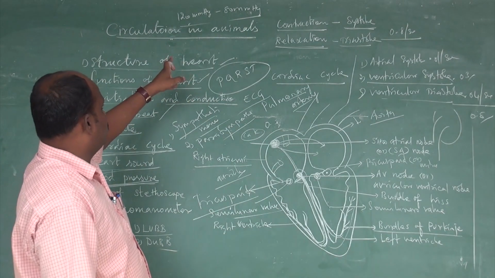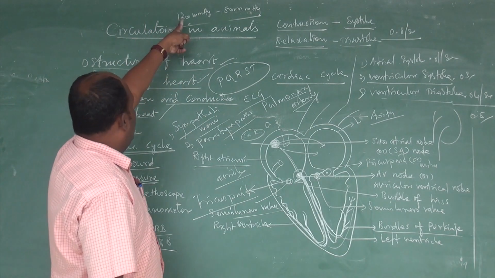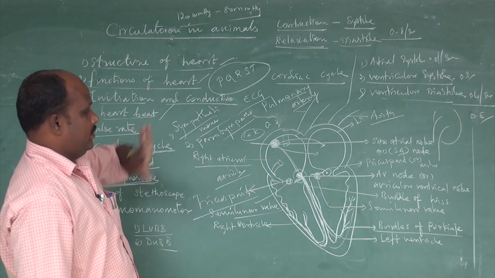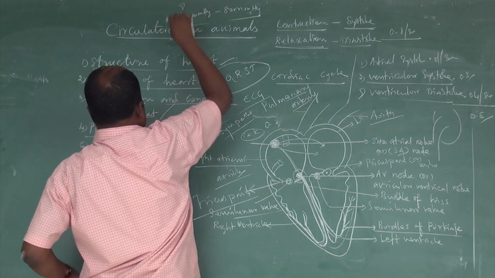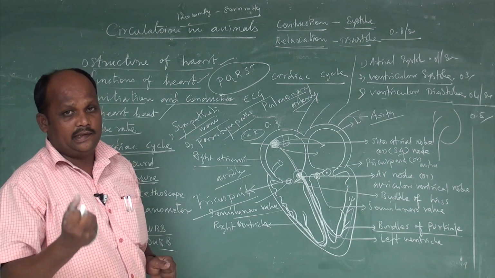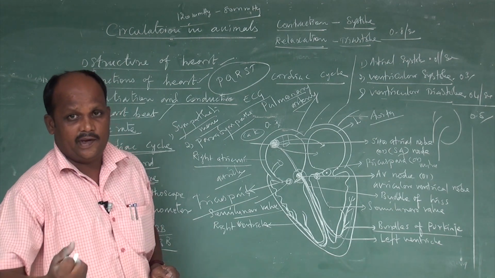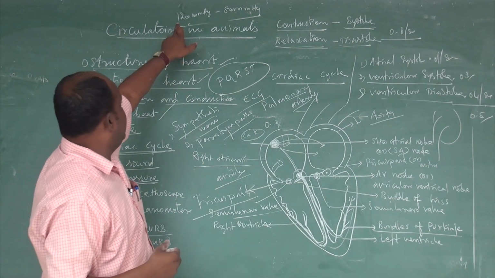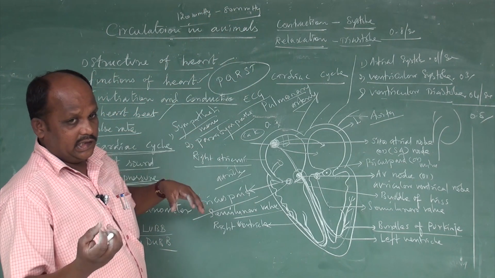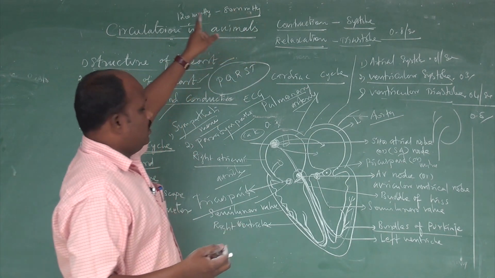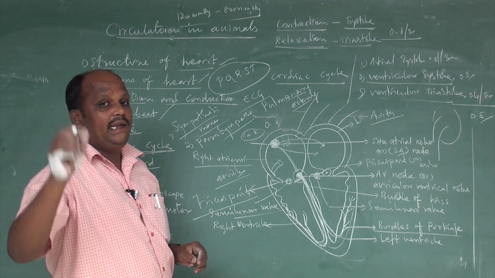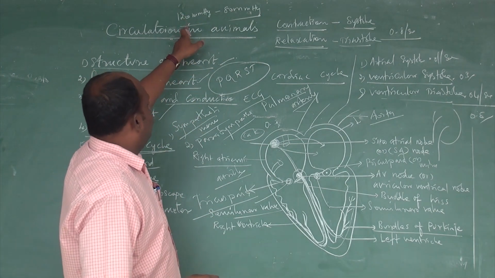So the normal blood pressure value is 120 mmHg to 80 mmHg. Why do we mention it like this? First is systolic pressure, because first the heart muscles or heart chambers contract. The contraction phase is systole, and the relaxation phase is called diastole. First we mention the systolic value, that is 120. Then, when they relax again, that value is 80. So the normal blood pressure value is 120 mmHg to 80 mmHg.